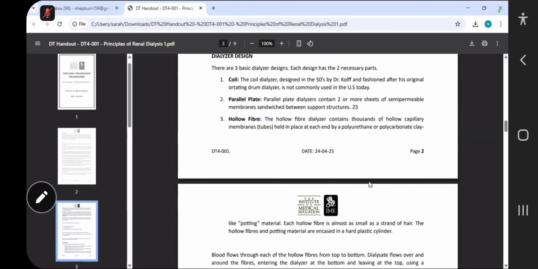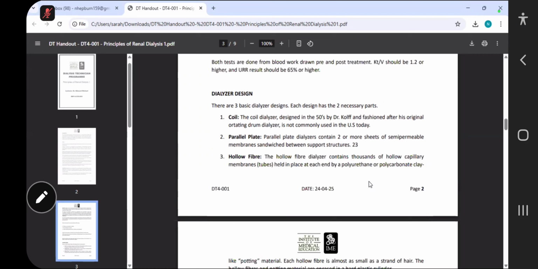Okay. So next up we're going through dialyzer design. So what are the 3 types of dialyzer? Someone could read it for me? Sure. There are 3 basic dialyzer designs. Each design has the 2 necessary parts. Number 1, coil. The coil dialyzer designed in the 50s by Dr. Kolff